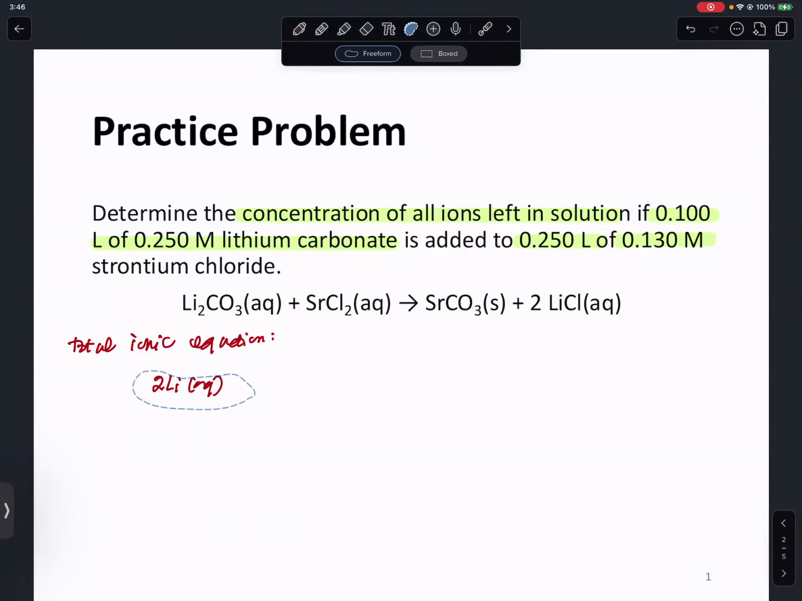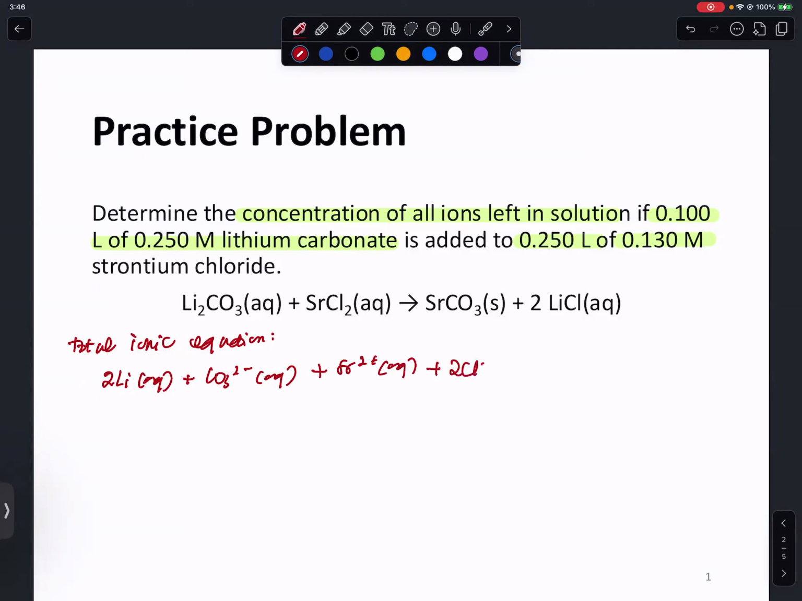plus carbonate plus strontium ions plus 2 chloride will give me strontium carbonate. Know that this is a solid, so it will not dissociate, plus 2 lithium ions plus 2